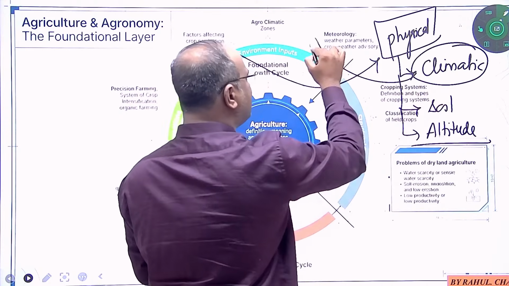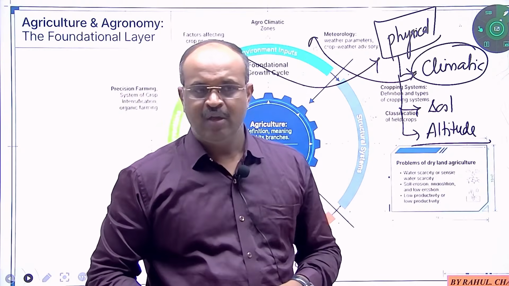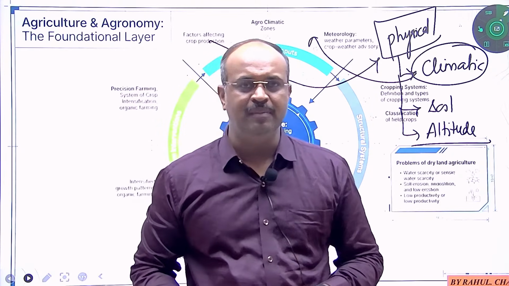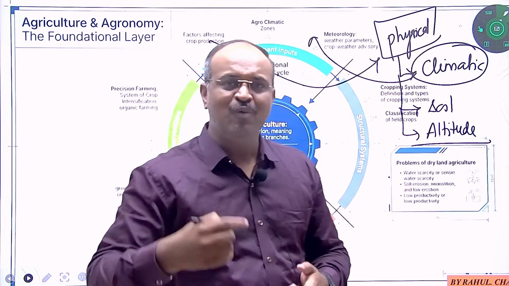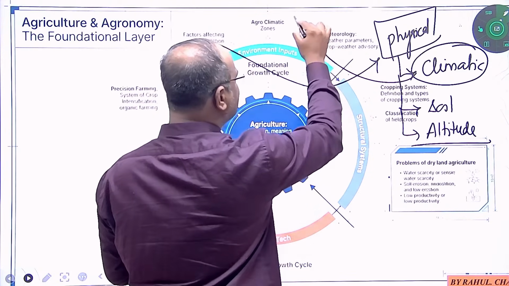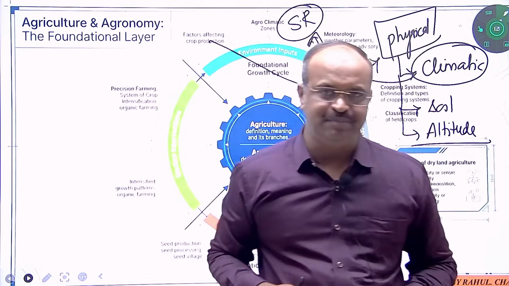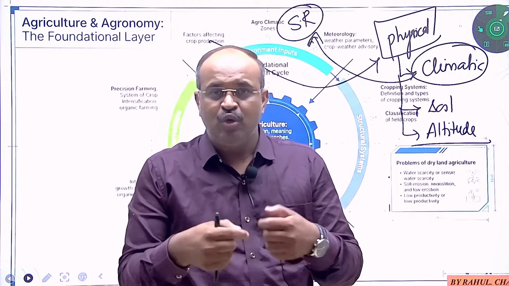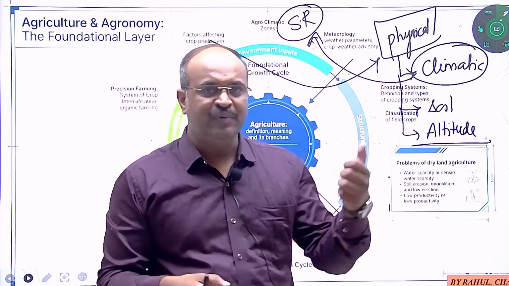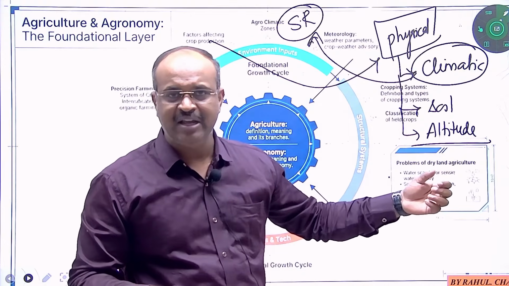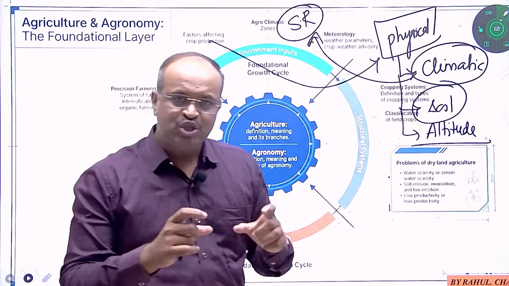Say for example, NABARD has asked the question, which of the following is a short day plant? Which of the following is an example of a long day plant? Which of the following is an example of a day neutral plant? Why is it important? Because it depends on the solar radiations, or the duration of the light, which is called photoperiodism. NABARD will be focusing on these objective things which come under the topic of climatic conditions. Again, the soil type,